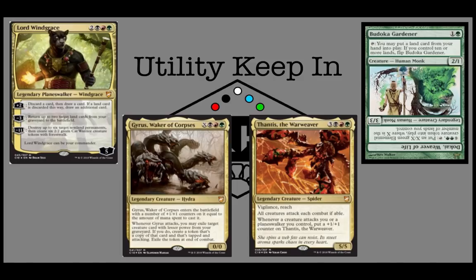Why not give you some options, like if you wanted to switch it up, even though it's not optimized to play either one of these two instead. But I would say if you wanted to build a Spider Tribal or Hydra Tribal or something like that with these commanders, just find a couple other cards that you like and switch them out if you need to. But